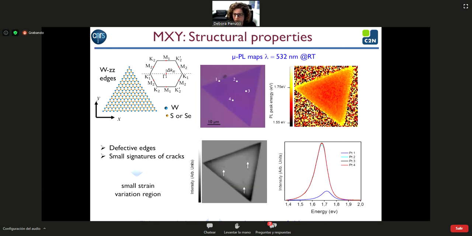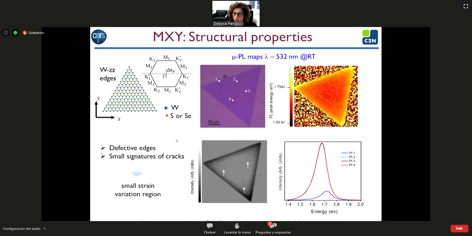So we perform PL measurements. Here we have the map of the intensity and the map of the peak energy. We see that the maps are almost uniform. The only sizable change that we see is here at the edge. The edge in particular, this metal zigzag edge, we know can induce strain in the material. And here also, probably it is not really clear, but we have the arrow, we see also a decrease in intensity of the PL induced probably by cracks that start from the edge and go inside the flake during the growth, following the threefold symmetry. So these cracks can also induce a strain that can reduce the intensity of the PL.